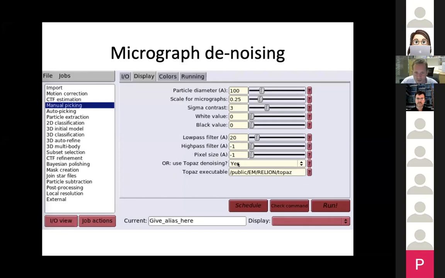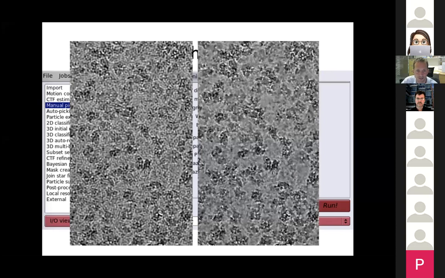If you now say here, yes, use Topaz denoising, and you don't have to tell RELION where Topaz is installed, then you will get denoised micrographs to manually pick your particles in. Just to give you an example, I think this is a ribosome data set. On the left is the raw micrograph, and on the right is what you just get with default parameters using Topaz denoising. So that can be quite useful if you want to look for very small details or specific things